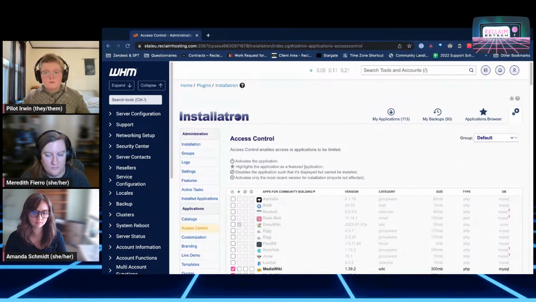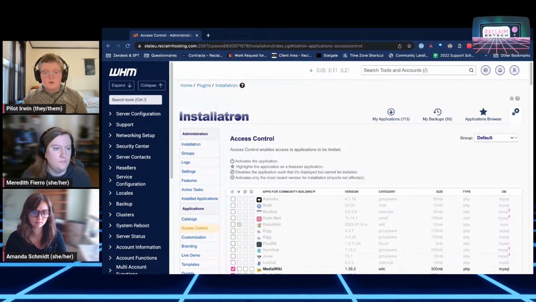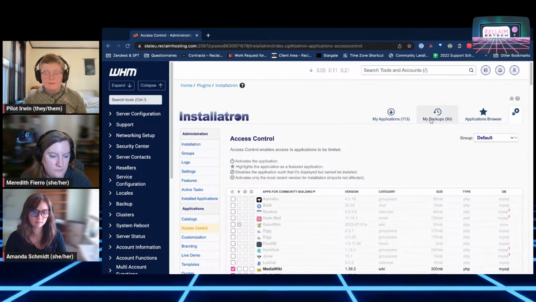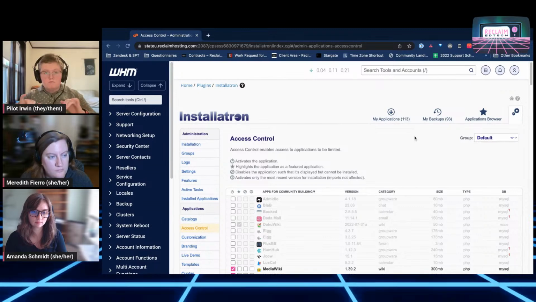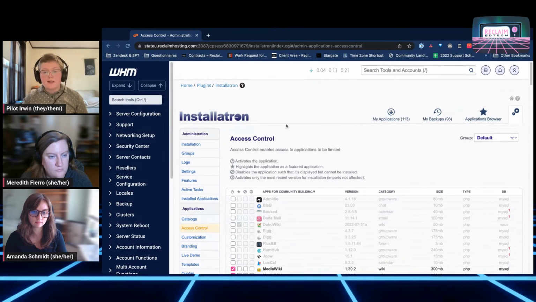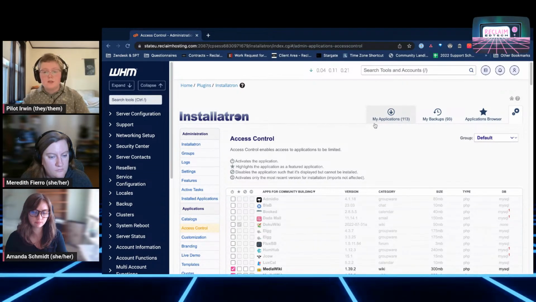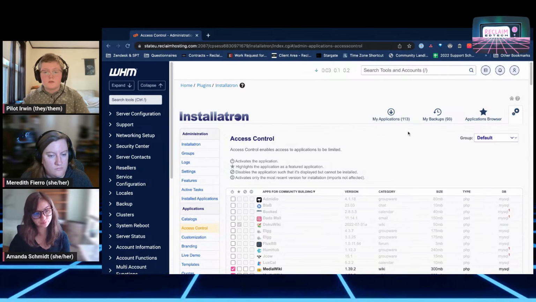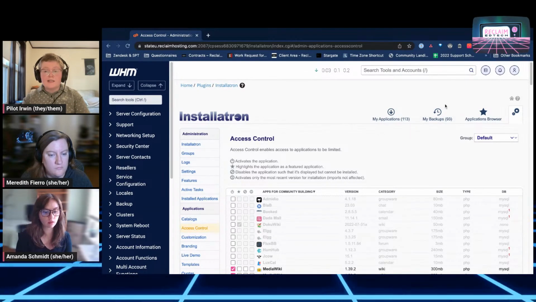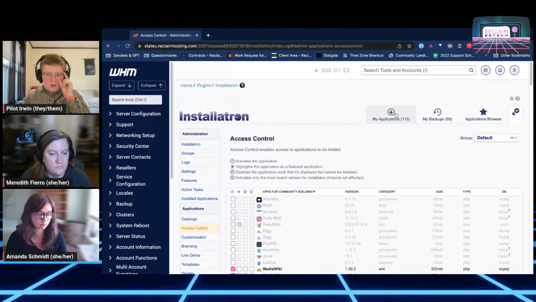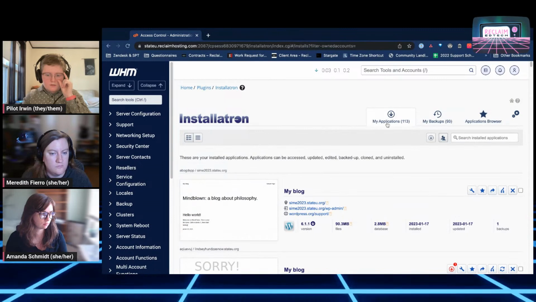If you've ever worked in cPanel, you may have seen the My Applications and My Backups tabs when you go into My Apps, which is a feature in cPanel. Installatron is a lot like that, except that it's server-wide. So what this is telling me is that there's 113 installations across the server, and 93 backups of those installations. So if we go in here, I'm gonna go very quick at risk of showing people's